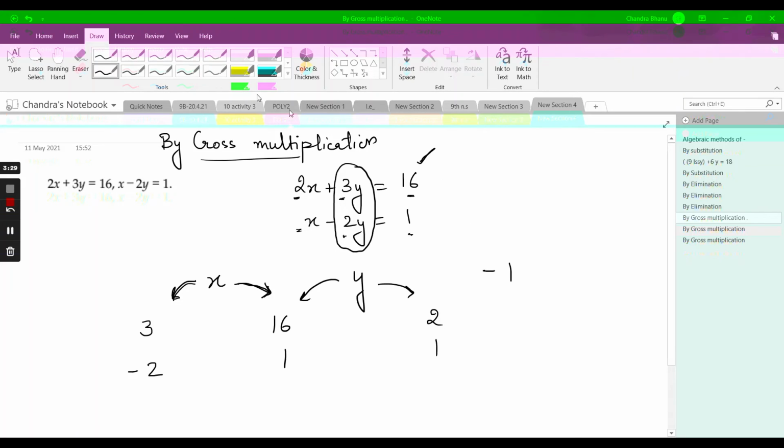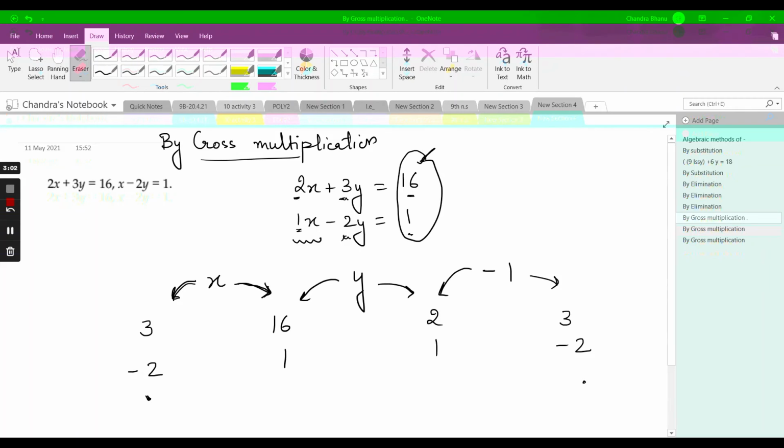Now we are going to hide the constants. Hide the constants. These are my constants. Hide them. Now look at the first terms of x. They are already written here. 2 and 1 are already written here on the left hand side of minus 1. I have to just write 3 and minus 2, the coefficients of y here. So see here, whatever was written on the first line is again repeated in the last line.